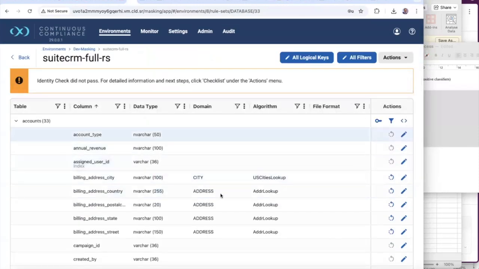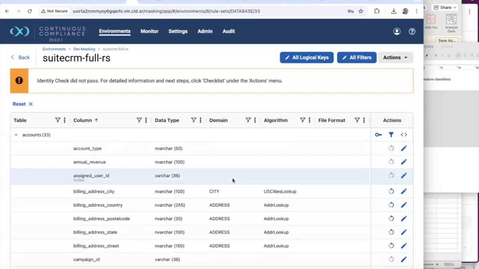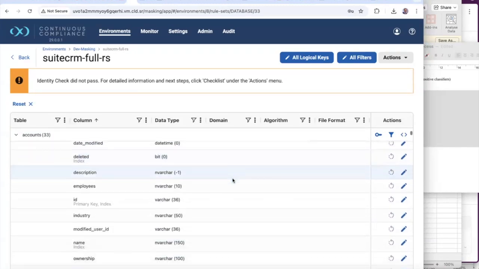And as you can see, we've started to create algorithms and associate those with the values. There's quite a number of values in there, and we can actually review these values and see whether it makes sense that we are masking in the right way. Now, if we go in and look at the data,